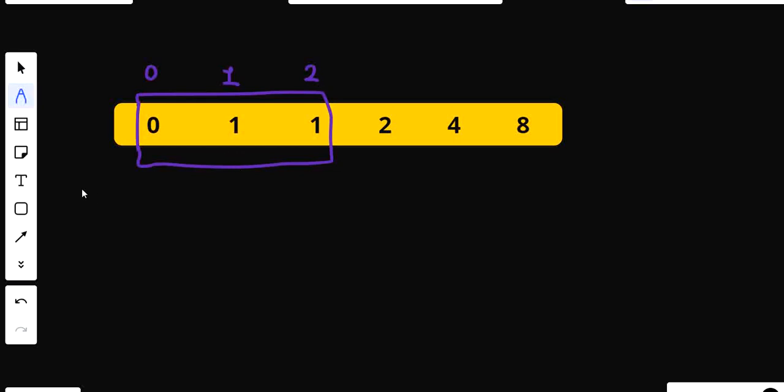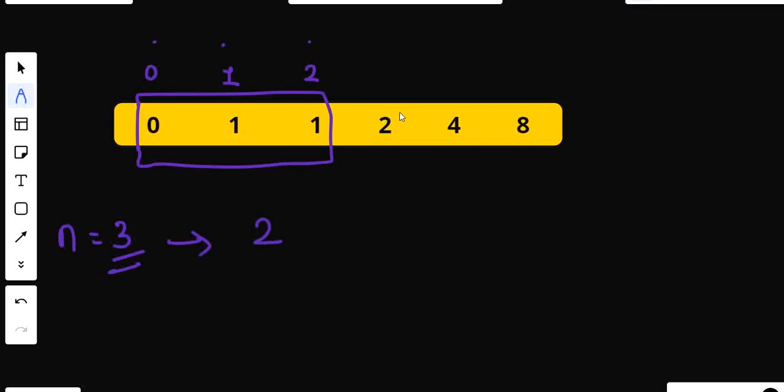Now if I'm saying I have to return n equals to 3, and I have to return the third Fibonacci number, in that case simply add the previous three numbers before this index, that is 2, 1 and 0, and return it. So the answer for n equals to 3 will be 2,